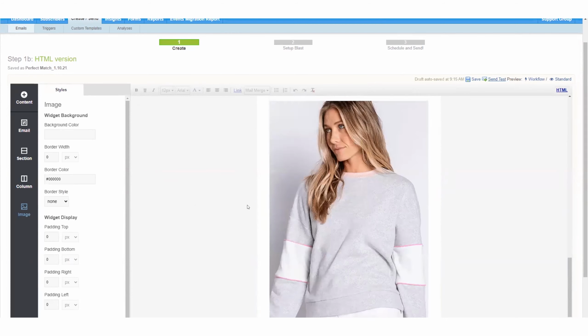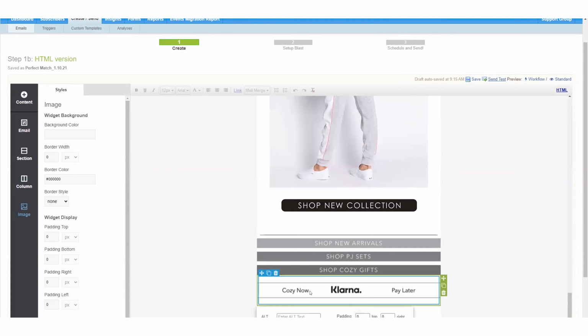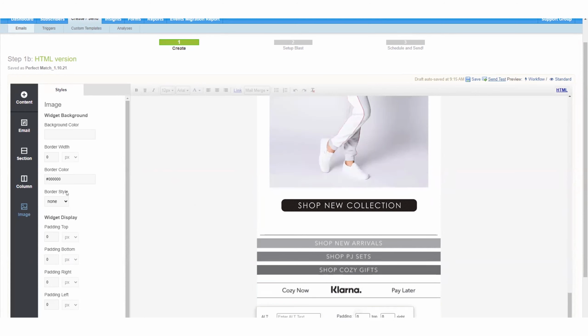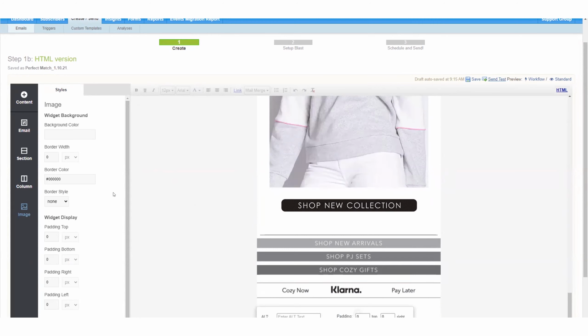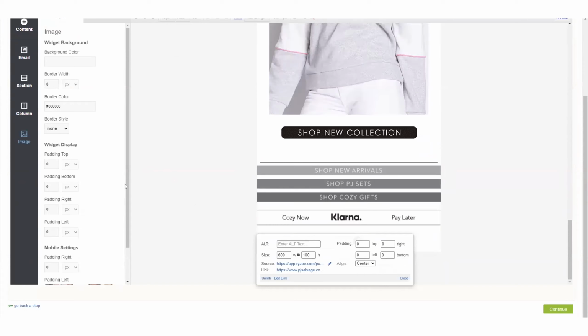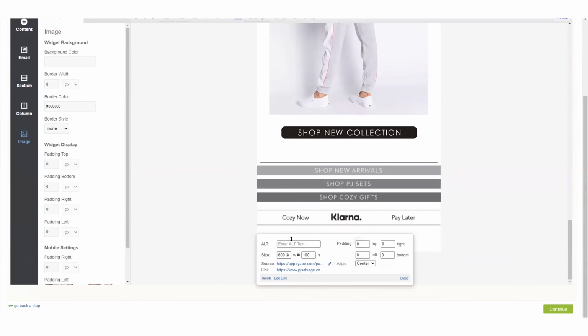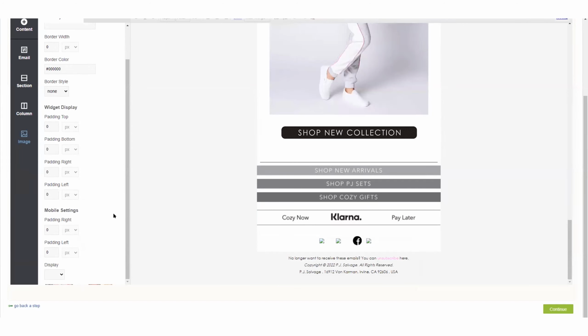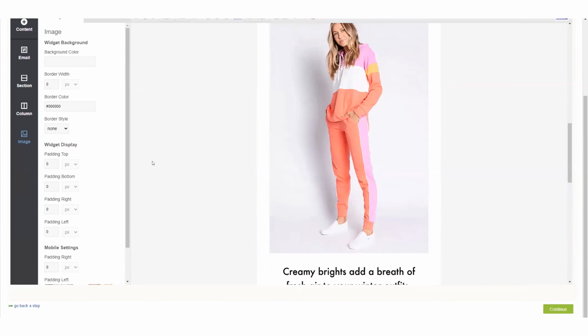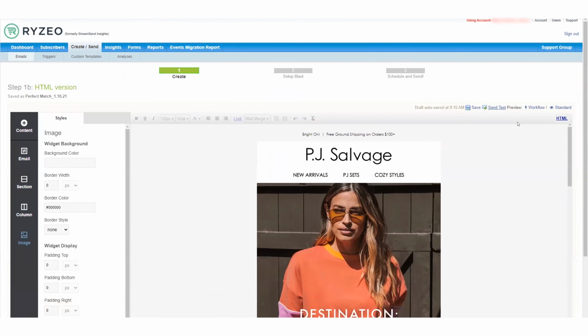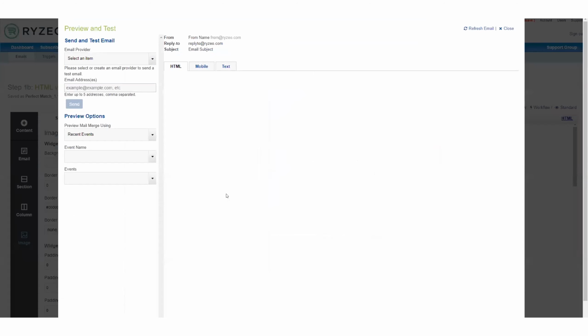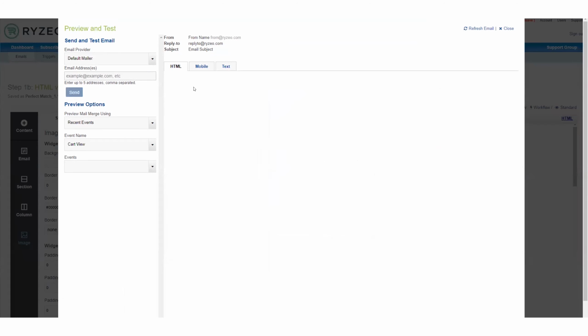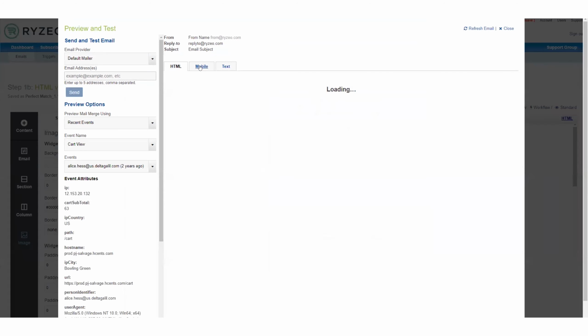All the sections can be customized with font and also the style of the font that you want. We have all these widget displays as far as padding, so you can move the sections up or down based on that. We have individual mobile settings that you can do for mobile devices. All the emails that are created are automatically generated as mobile friendly. So we have a tab here for mobile. All the emails that get generated through our editor are going to automatically be